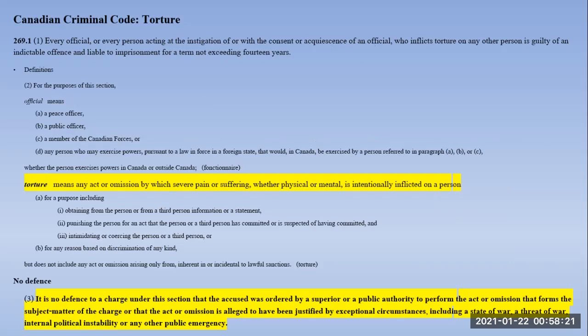For the purposes of this section, official means a peace officer, a public officer, a member of the Canadian Forces, or any person who may exercise powers pursuant to a law in force in a foreign state that would in Canada be exercised by a person referred to in paragraph A, B, or C, whether the person exercises powers in Canada or outside Canada. Torture means any act or omission by which